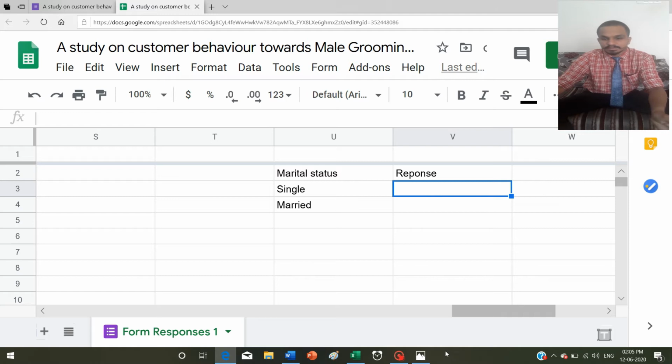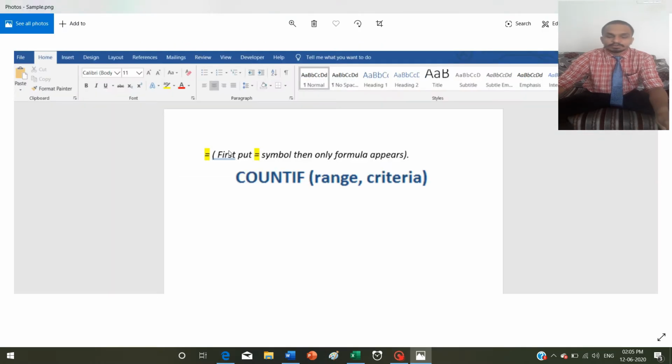Now previously I showed you a formula: COUNTIF, then bracket, range, then a comma, then criteria, bracket. From this formula I will know how many people among the responses were single or married.